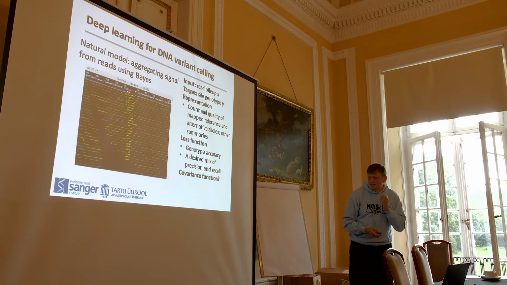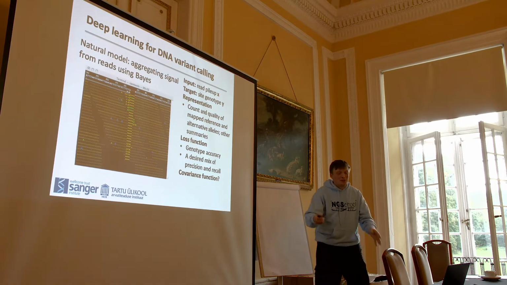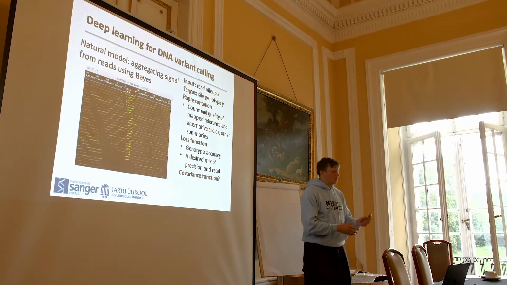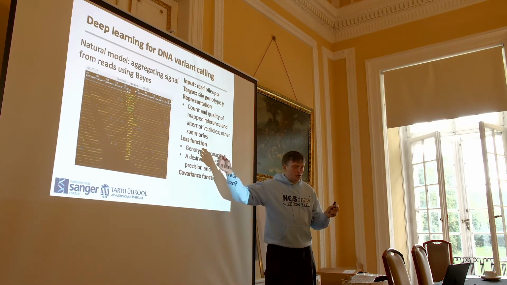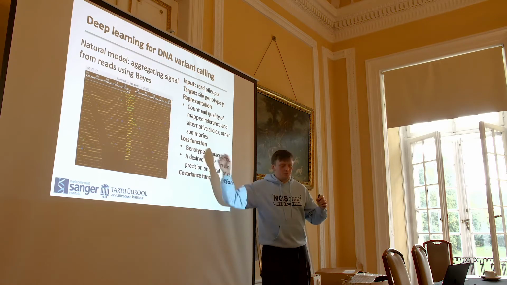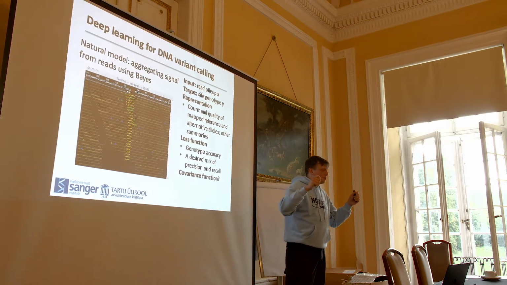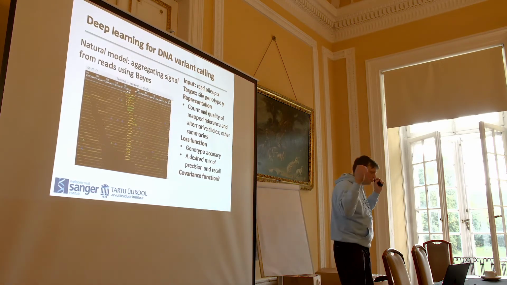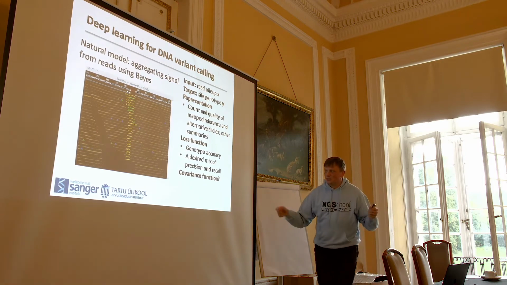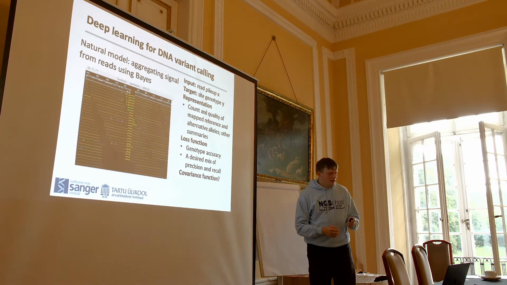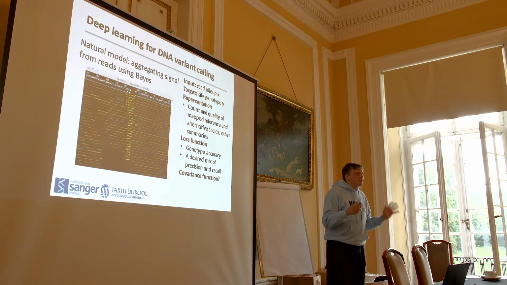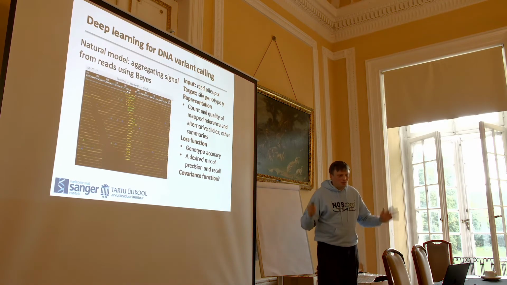I don't think I published it ever, but I like it because I like Bayes, and this is just such a great place for Bayes. You have your no mutation model and the mutation model. You have reads that can be generated from the no mutation model, reads that can be generated from the mutation model, and you have a likelihood function. You multiply the probabilities, you set a prior in and do posterior inference, and it's great. And I thought, this is optimal. Obviously you can't do better than Bayes. Bayes is probably the best.